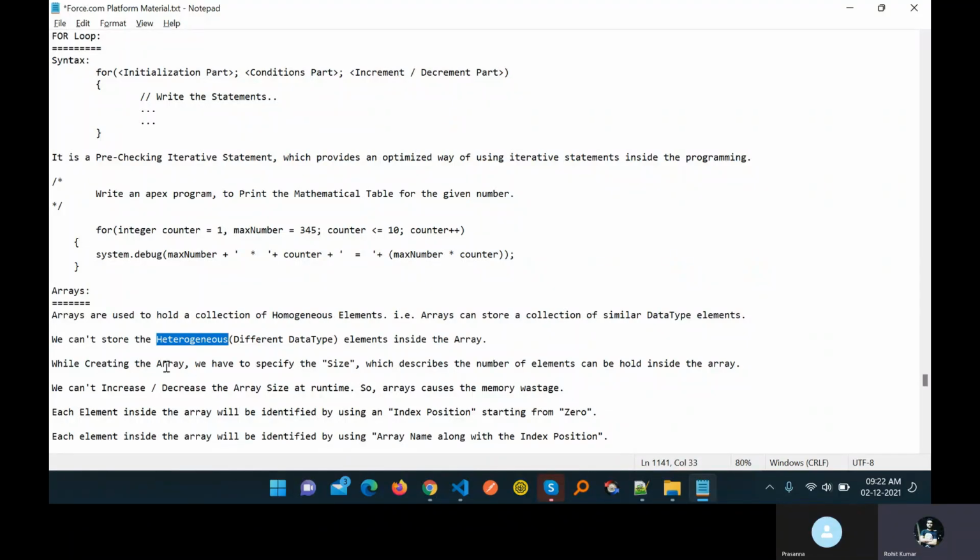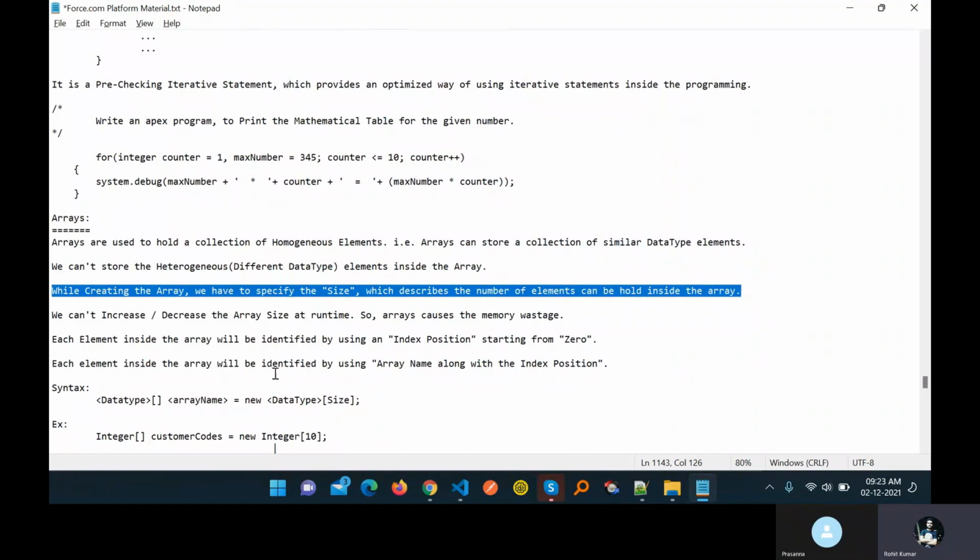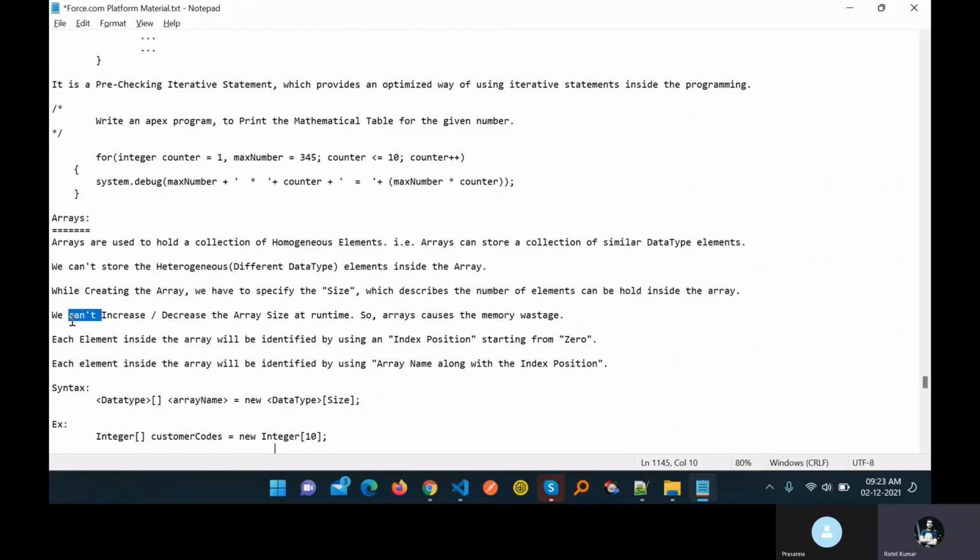Always remember, while creating the array, we have to specify the size, which describes the number of elements we can store inside the array. I will show you practically, so don't worry about that. We cannot increase or decrease the array size at runtime.